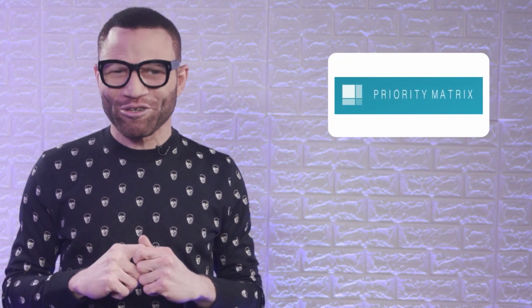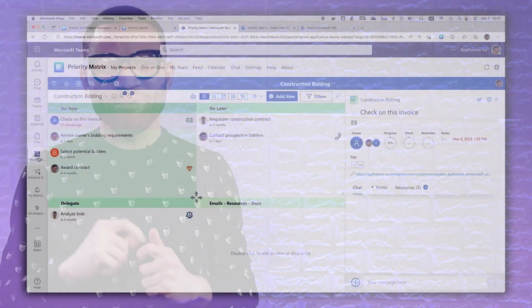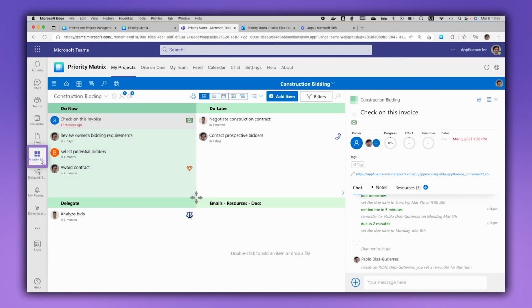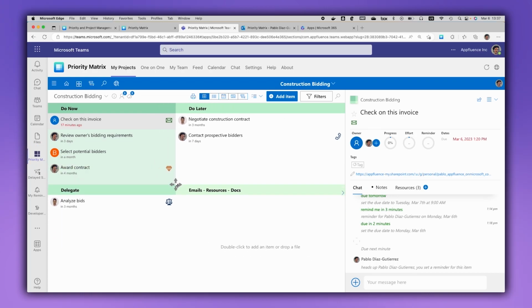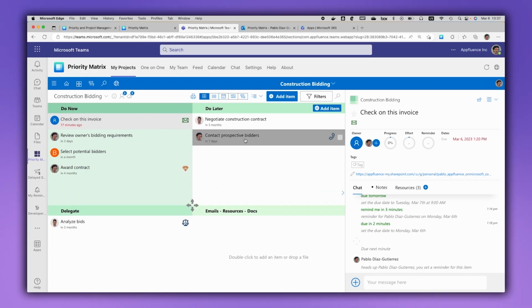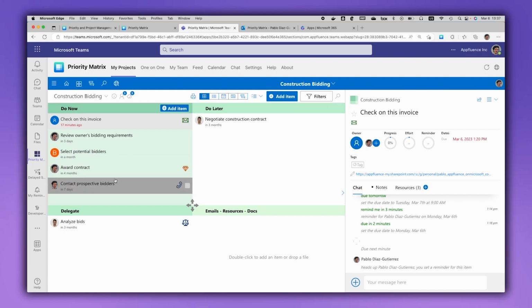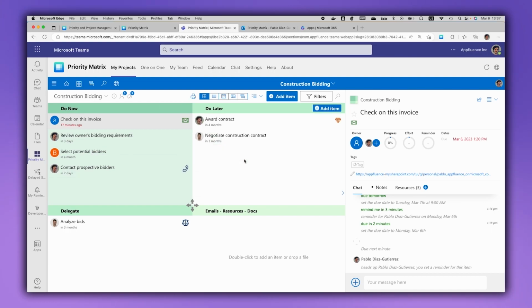Let's start with our friends at AppFluence, developers of Parametrics. Parametrics is a software solution for Microsoft Teams and Outlook to help you manage tasks, projects, and emails. The app lets you capture anything you want to do, and it helps you focus your attention on the most important work. What is great about the Parametrics app in Teams is that it is fully integrated in the flow of work